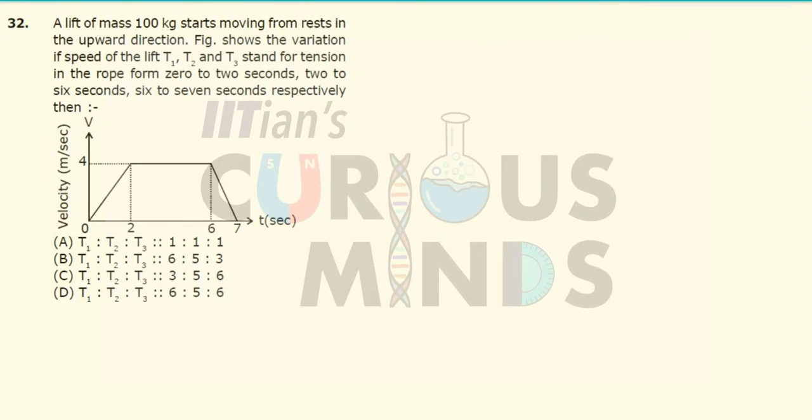A lift of mass 100 kg starts moving from rest in the upward direction. The diagram shows the variation in the speed. If T1, T2, T3 are the tensions in the rope from 0 to 2 seconds, from 2 to 6 seconds, and between 6 to 7 seconds respectively, then we have to calculate the ratio of T1 is to